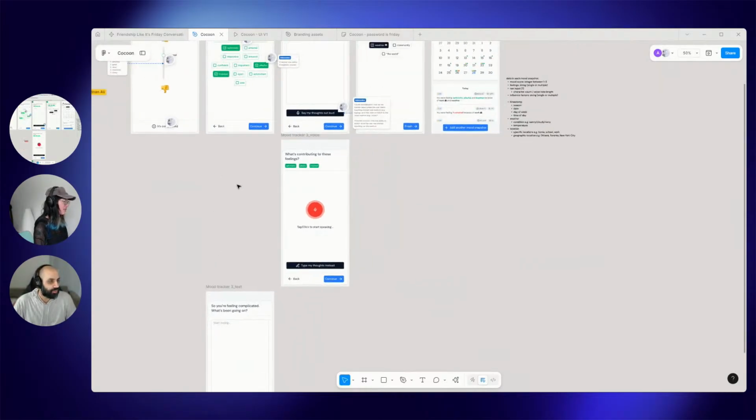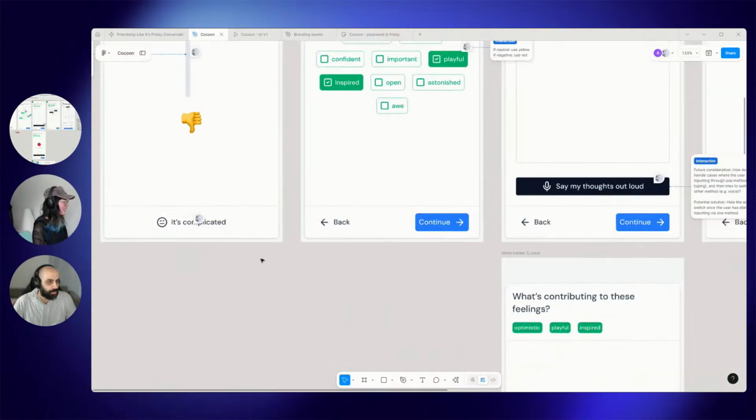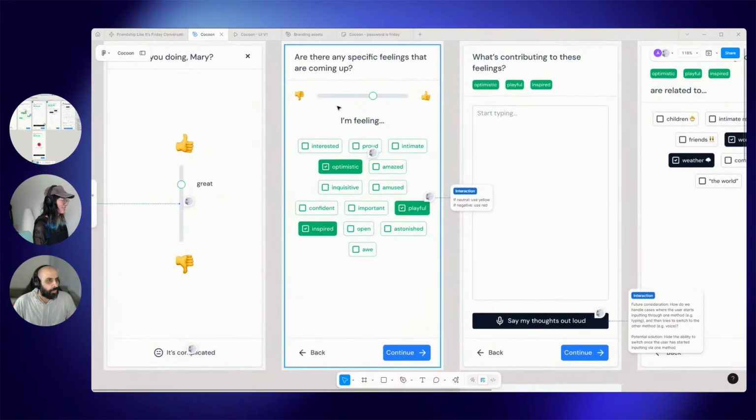Okay. That's the other thing. I was just saying that when it's complicated, I don't want to be asked how I'm feeling, because I already